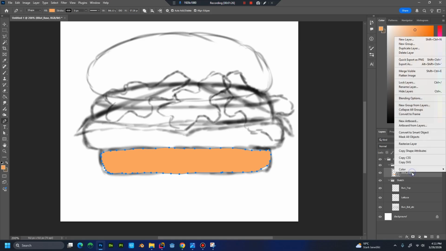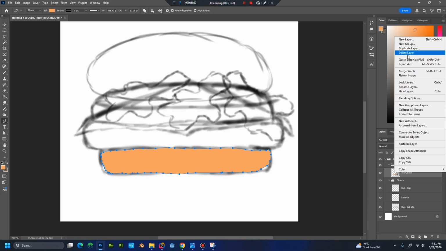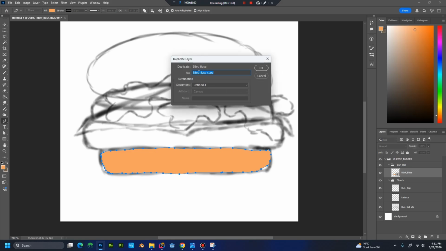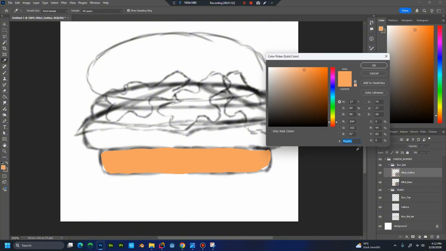Now we go, so the hierarchy, I'm going to do this. So this will be the base, and now we'll create an outline color, and then later on we'll create a shadow and light and a color variation. So in total 5 layers, I'm thinking. So we just duplicate these layers and call this bbot outline there, and double click the icon to open the color palette basically and give in this value,